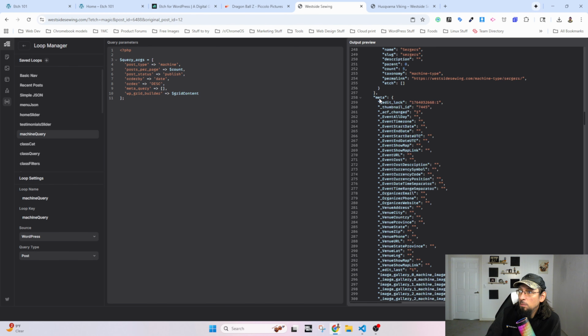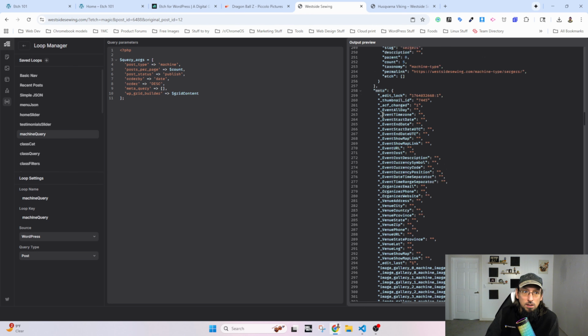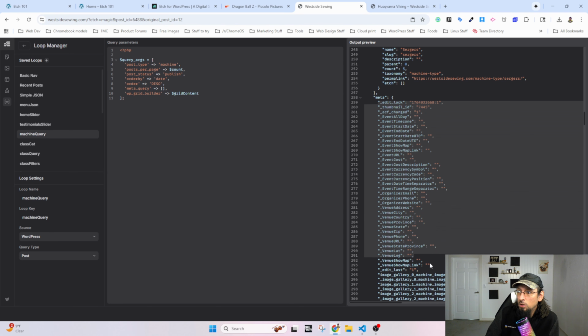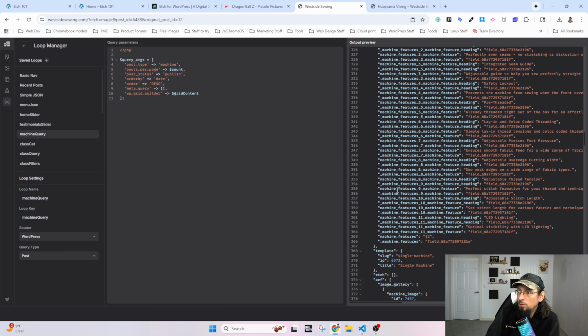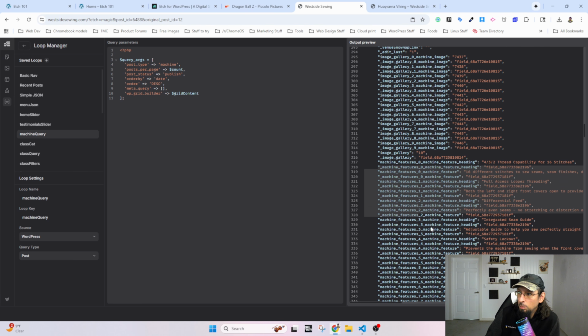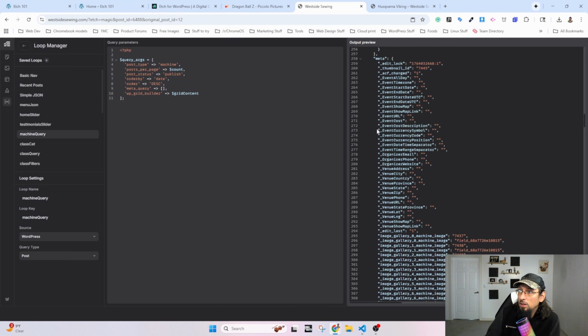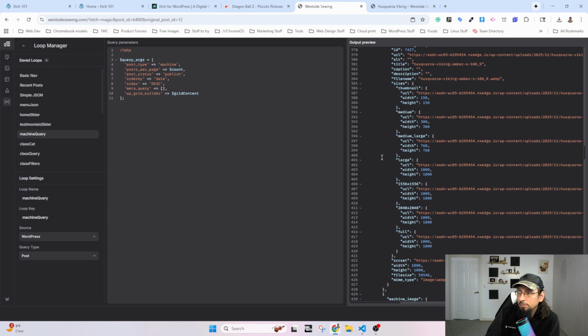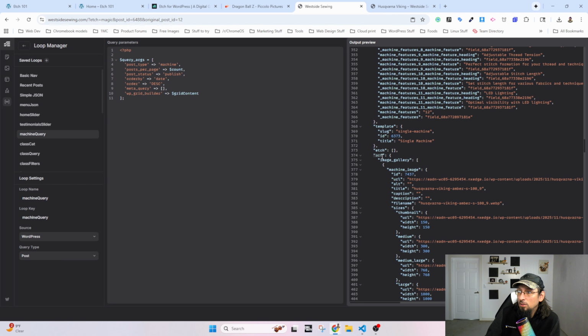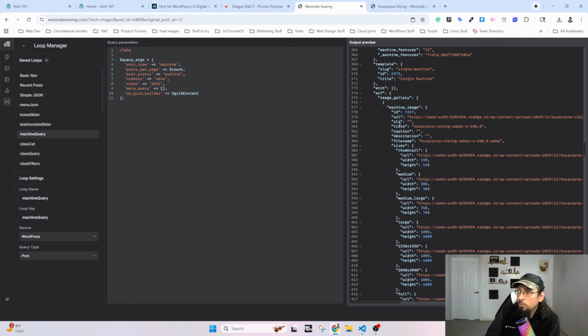Custom fields are in here somewhere. Meta. This is all custom field data. I have events calendar installed. So there's a whole bunch of events related stuff that's available for everything. Here's machine features. This is a repeater field that I created. Image gallery, that's a repeater field. So you could loop through these. Here's ACF specific. So I have a field called image gallery. I could loop through the machine image if I wanted to,